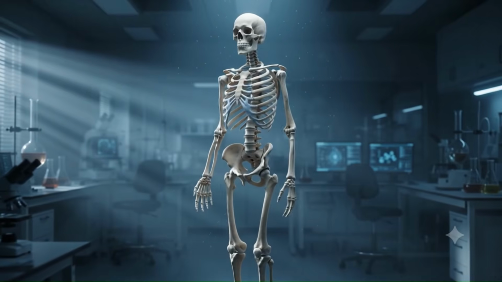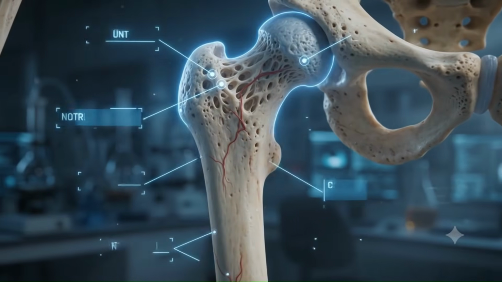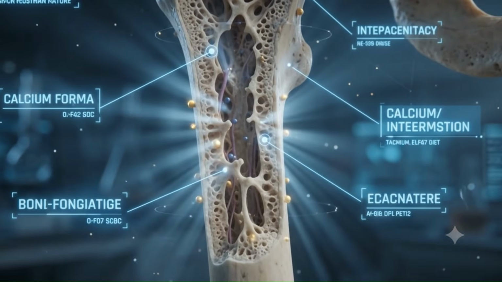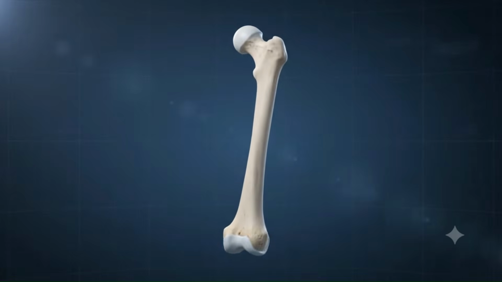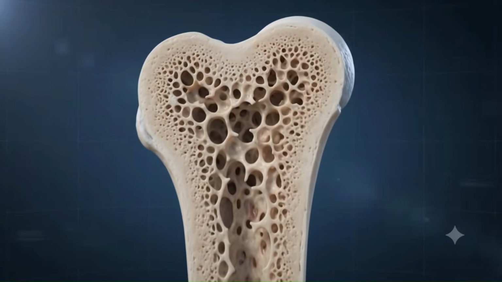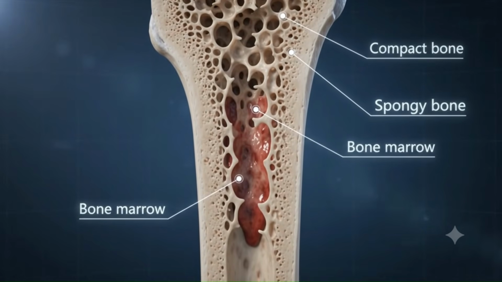Bone is a specialized connective tissue. It is hard, non-pliable, and vascular. Bones provide support, protection, and shape to the body, and also act as a storehouse of minerals. Bone is a strong connective tissue with a hard outer compact layer and a porous inner spongy region containing bone